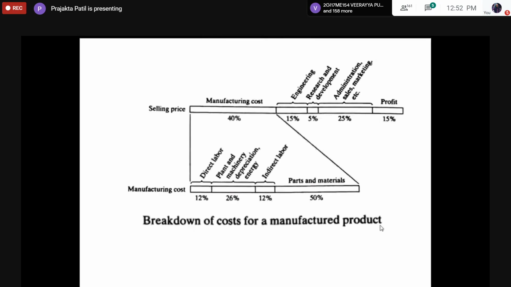So now, moving ahead with how these overhead costs can be allocated. Overhead costs can be allocated according to a number of different bases. You can make the allocations considering the direct labor cost or so on. But most commonly in industries, direct labor cost is what is considered. And we will see how these overheads are determined with the help of this direct labor cost.